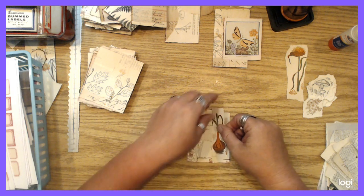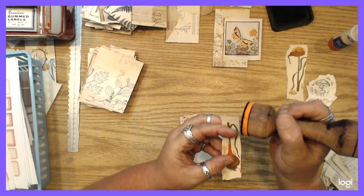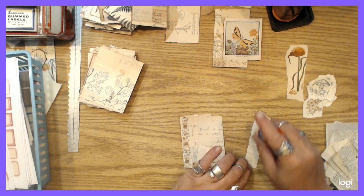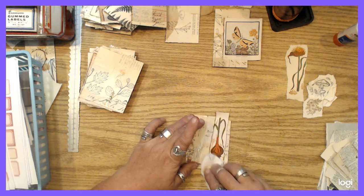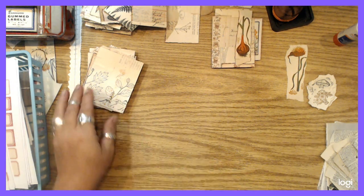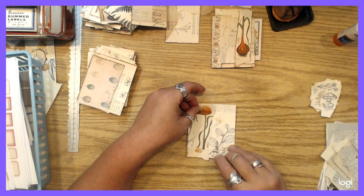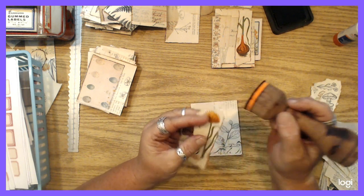Or this one. Yeah. Yep. I'm going to ink around the edge of this, though. Still trying not to pull out a whole bunch more crap. You know, I'm trying not to get like a giant pile of stuff around me. So this one, let's see. Well, maybe just this other half of that would be cool on there. This paper is kind of thin, but